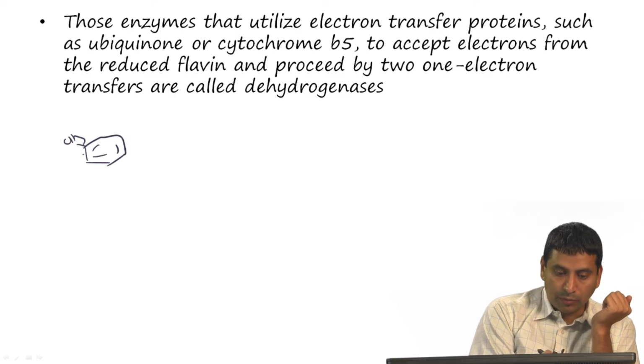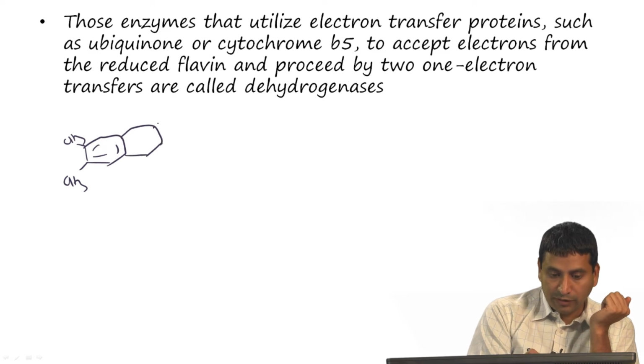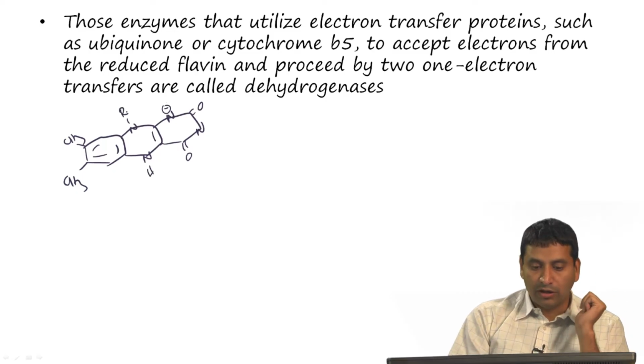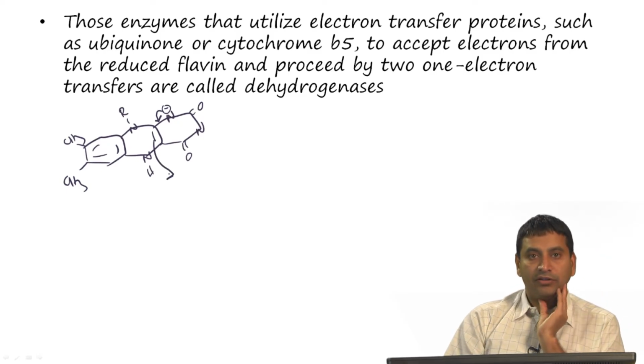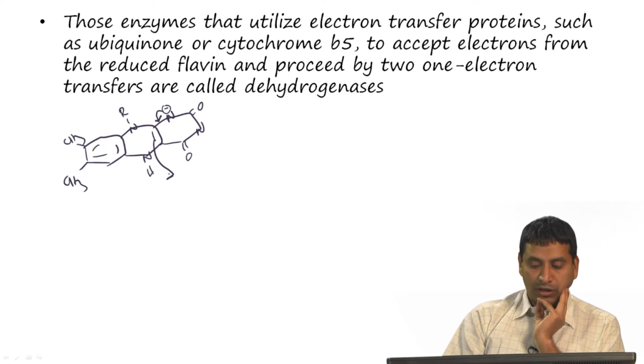And so, here are the 2 methyl groups, and here is the central ring, and here is the third ring of flavine. So, there are 2 nitrogens here, the nitrogen is here, nitrogen here, C double bond O, C double bond O, and you have N minus, NH, and we have R. Okay. So, what happens is that you can push 2 electrons in here, and this is actually going to donate a single electron. Okay. So, when we are looking at a single electron, we always draw a fish hook arrow,